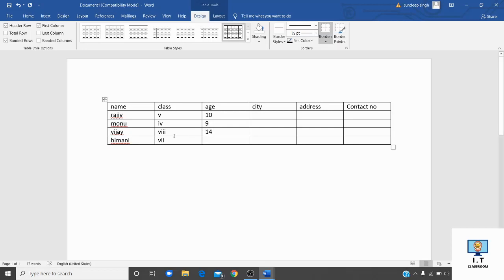After entering the age of the students, you have to tell the name of the city. After entering this, you have to tell the address, like this.